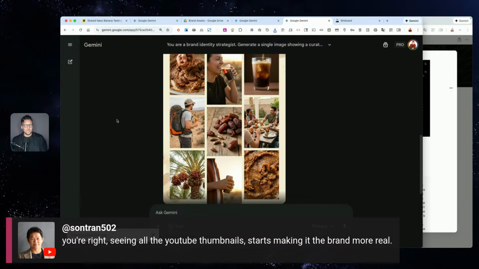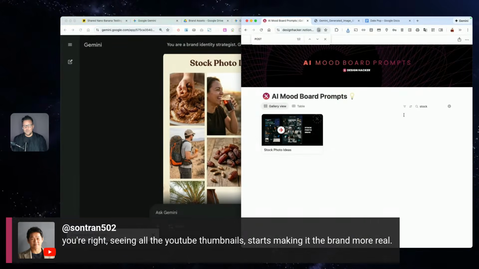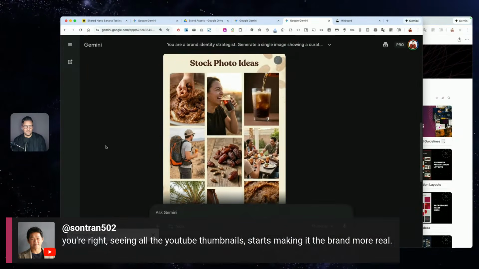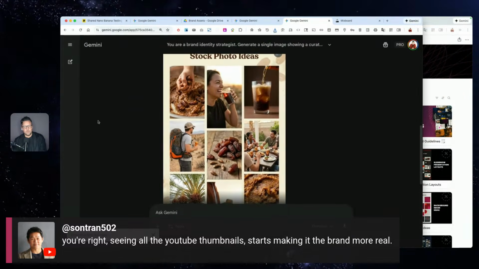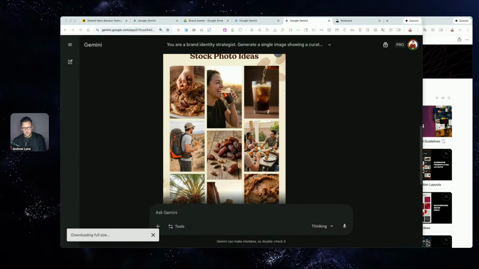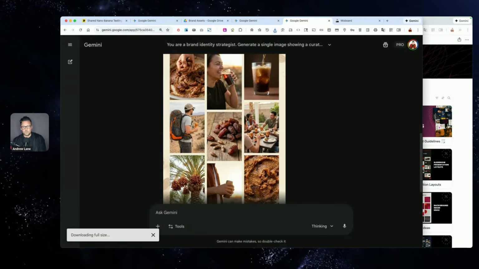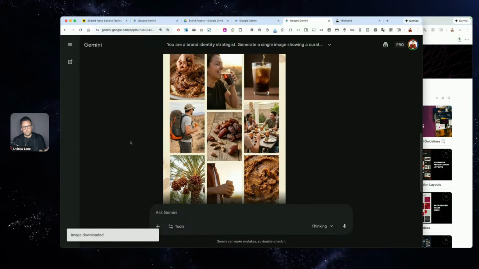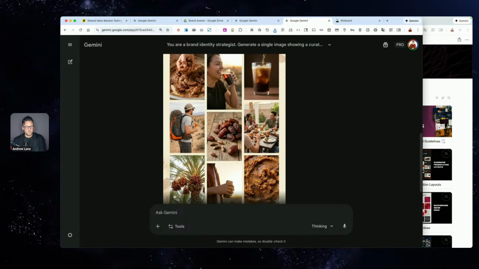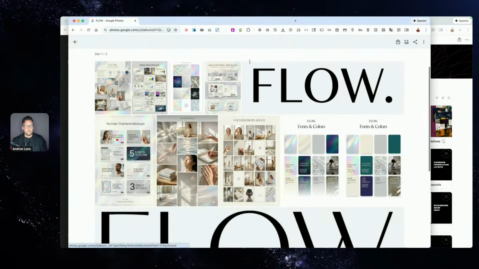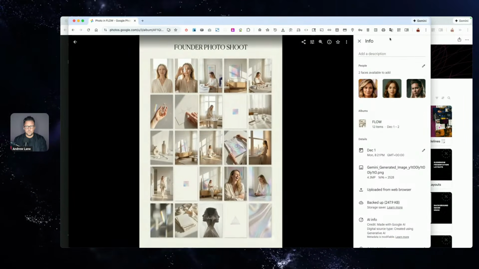Now hopefully you can see the power of all these prompts, because it's magical. This would be so hard to imagine, do the research, and find the photos or take the photos. And if you're going to hire someone to do a photo shoot, do this first, right? What kind of images do we need? The stock photo one and the founder photo shoot one are really, really good. It's super cool. I thought this one was really fun. The founder photo shoot. It's like, what should the